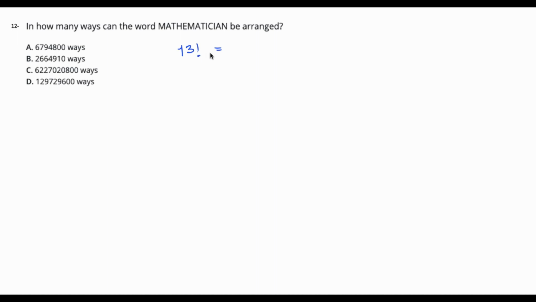13 factorial simply means 13 multiplied by 12, multiplied by 11, multiplied by 10, multiplied by 9, all the way to multiplied by 1. So we have times 8 times 7 all the way to this. And this is going to be equal to 6,227,020,800 times. However, because certain letters reoccur here, for example, we have A here 3 times, we have T here